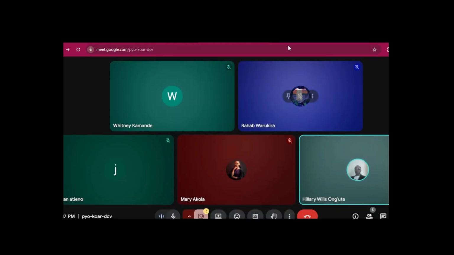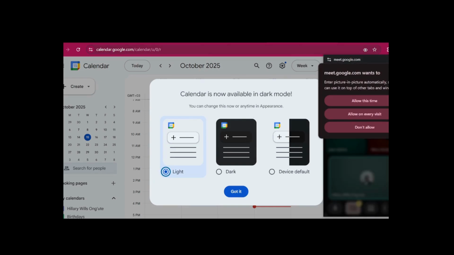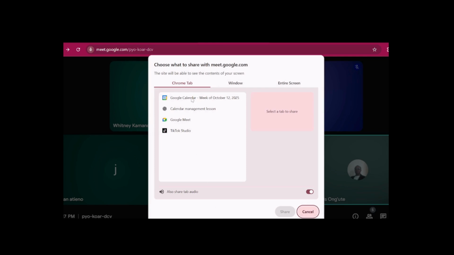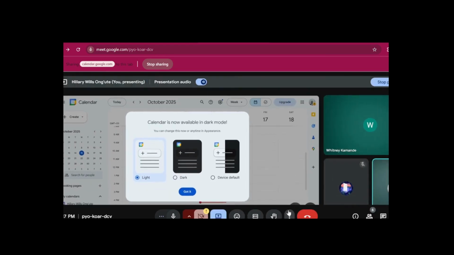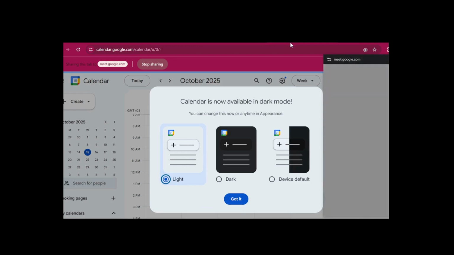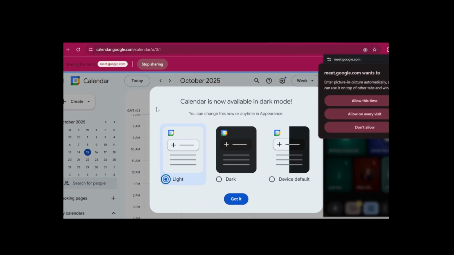Let me refresh again. I hope all of us can see the calendar tool. In case of loss of audio, you can signal me so that I make the changes. So as you can see, we have the calendar, we have the menu. While on calendar, you can view it